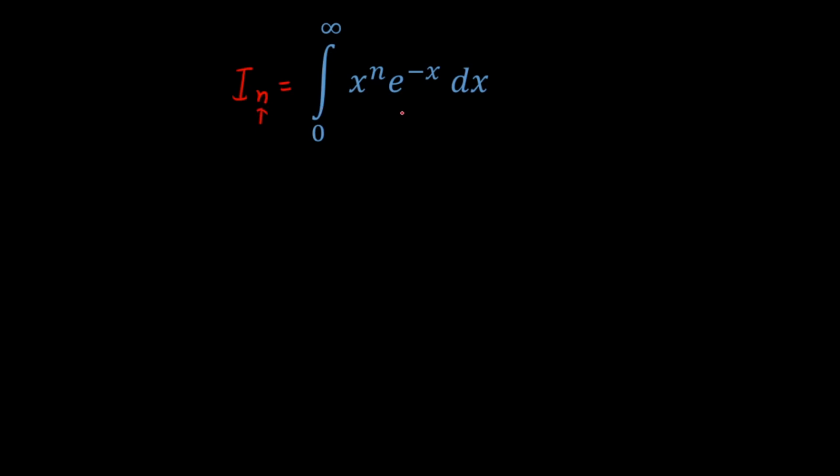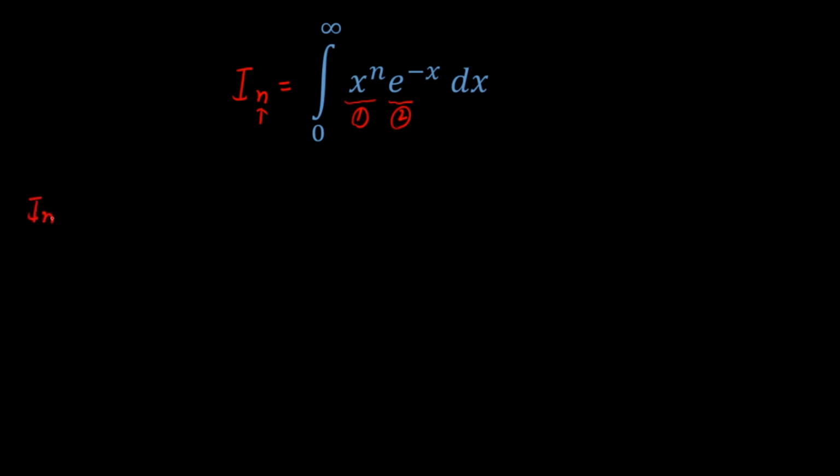Okay. Now the first thing I see here is I have to apply integration by parts. Why? Because I have to decrease the power. As soon as I decrease the power of x, I know the integration of e raised to power minus x. So for this kind of question, you have to apply by parts. Let's say this is my first function because I want to reduce the power, and this is my second function. So let's start using integration by parts.